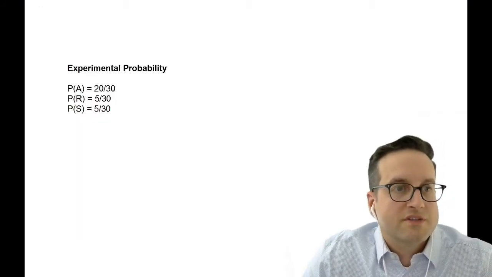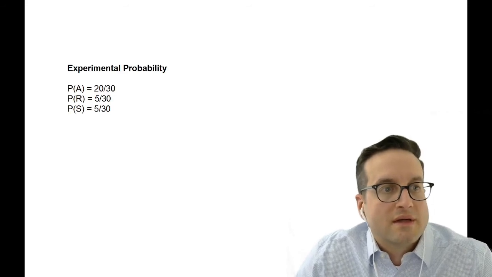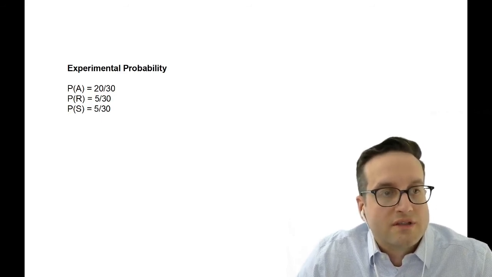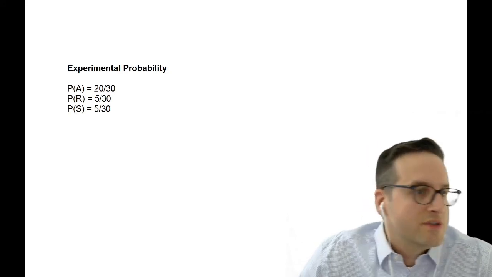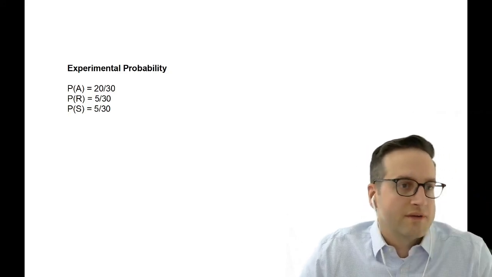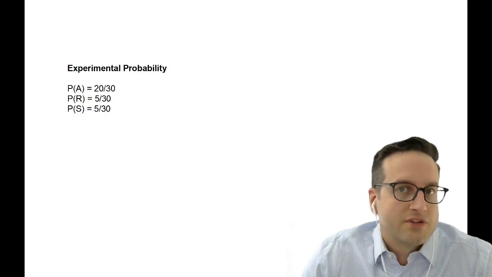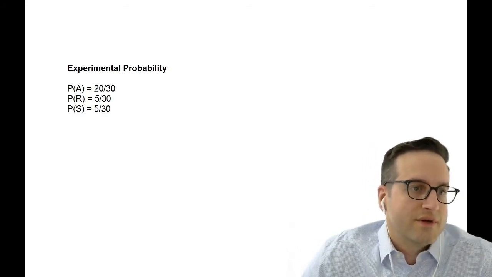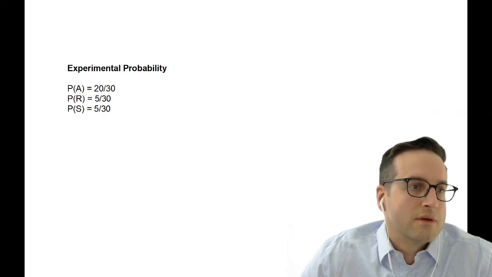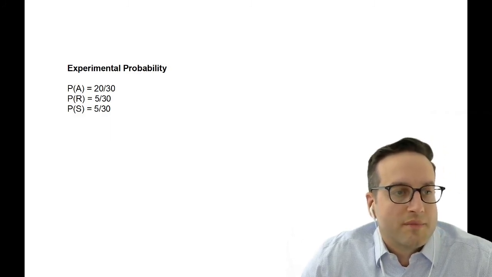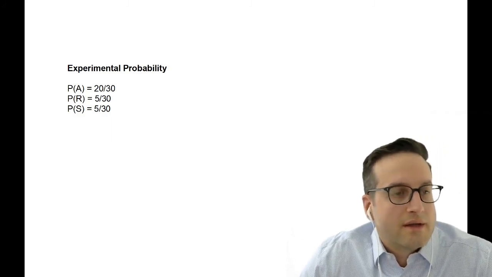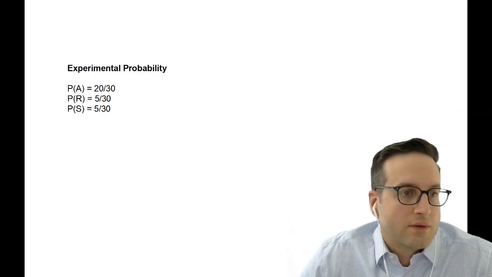So after doing this experiment, we can calculate the experimental probability of choosing each letter. Because we chose the letter A 20 times out of 30, the experimental probability of choosing A is 20 out of 30, or 2/3. And the experimental probability of choosing an R is 5 out of 30, or 1 out